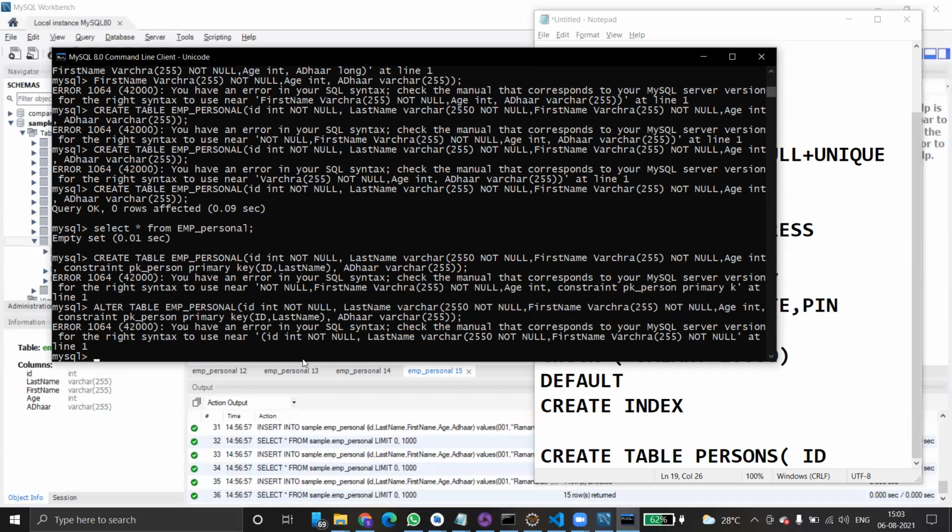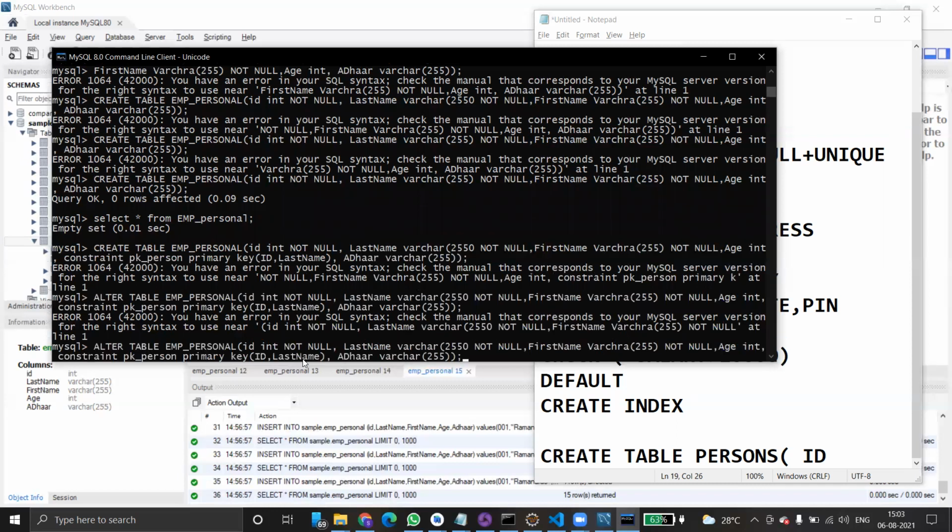Check the manual corresponding to the MySQL server version for the syntax to use, ID integer not null. Fine. Last name varchar. See, the parenthesis is missing. That's why you got an error. Fine.